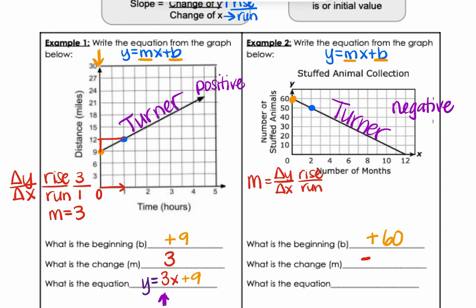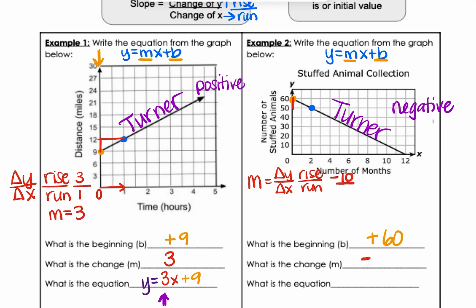So my rise this time is different because instead, remember, rise is your up and down movement. And this time I need to go down to get to my next point, which is what makes this a negative slope. So how much did I go down? I went down from 60 to 50, right? Looking right here, 60 to 50. And so what is 60 to 50? Well, that is negative 10